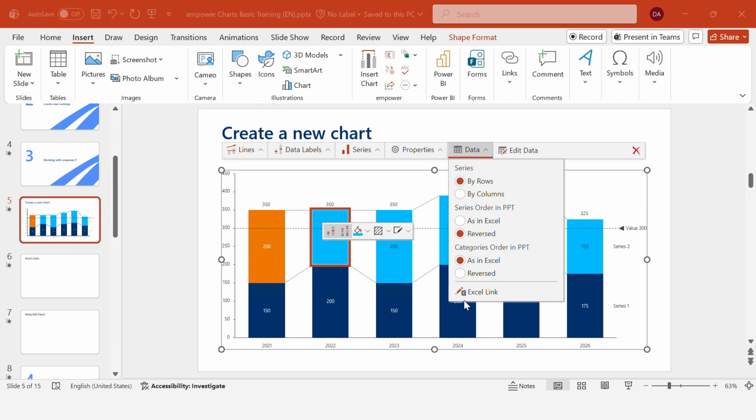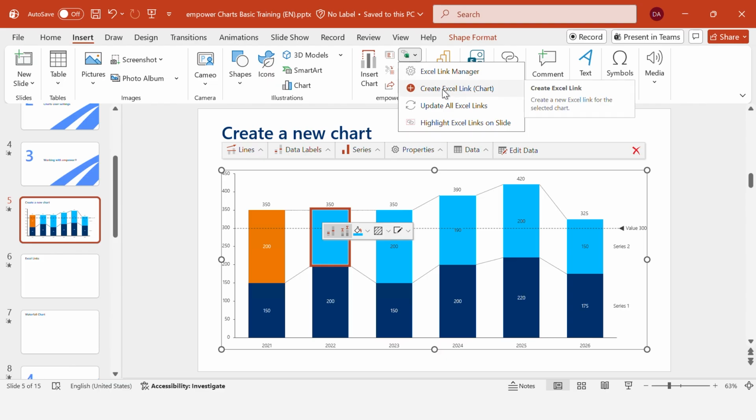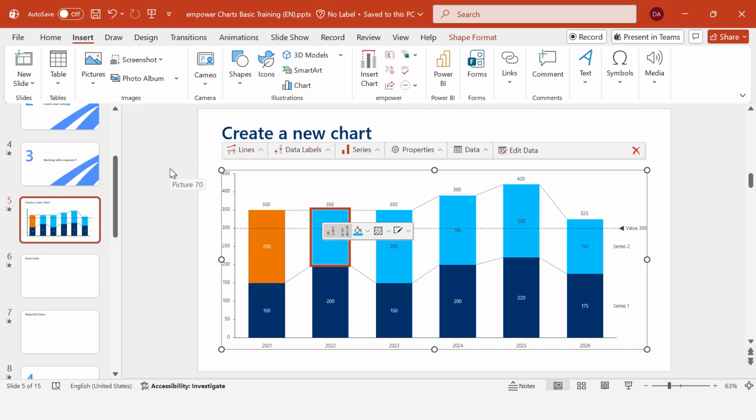And it is also possible to create an Excel link, because in many cases we have Excel files present that show the data that we want to work with, and you can use the already present data from Excel with such an Excel link. And there are different ways of how you can create such an Excel link. The first one I've shown you right now is to simply create a chart and then go to the data menu and click on Excel link. You could also go to the Empower menu and then click on Create Excel link right here within the Excel link button. But there are also different ways on how you can create such an Excel link,